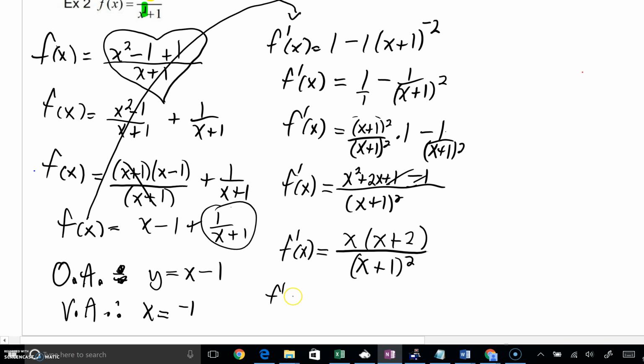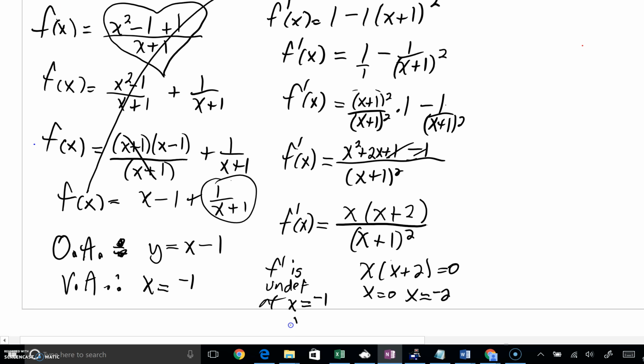F prime is undefined whenever we've got a 0 in that denominator. So that's going to be at x equals negative 1. That's a critical number. The top, if you were to set that equal to 0, well, I think you could see we'd have x equals 0. We'd also have x equals negative 2. So our critical numbers are going to be negative 1, 0,